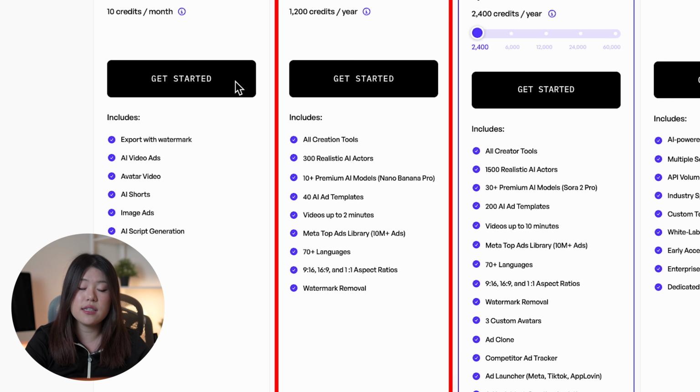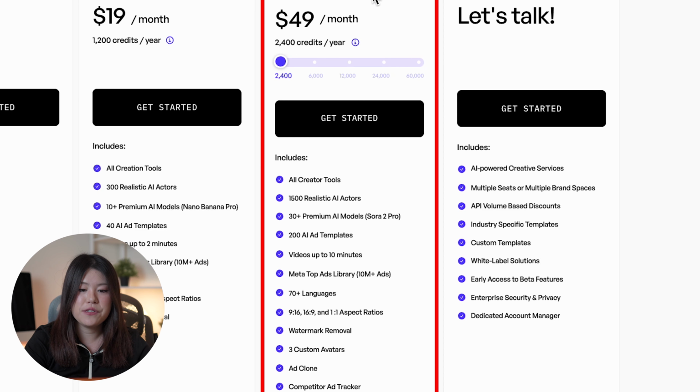You get more credits, cleaner exports, and more control over what you create. Then there's the Pro plan, which is $49 a month. So this is the one most people end up with if they're running ads regularly. You get more credits, longer videos, more customization, and access to the features that actually save you time when you're